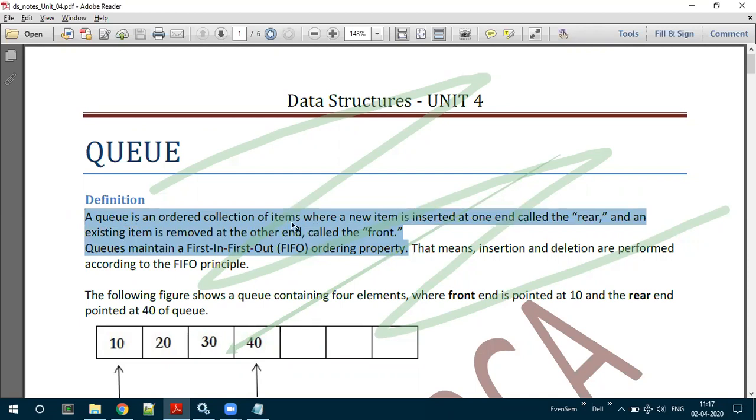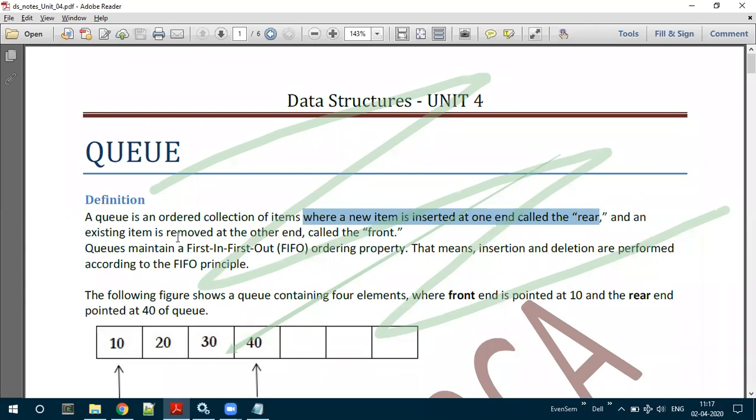Queue is what? Queue is an ordered collection of items. Ordered collection of items means the elements in this particular data structure are placed one after the other in an ordered list, wherein the new item is inserted at one end called the rear.